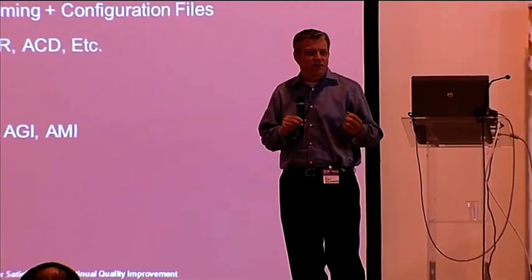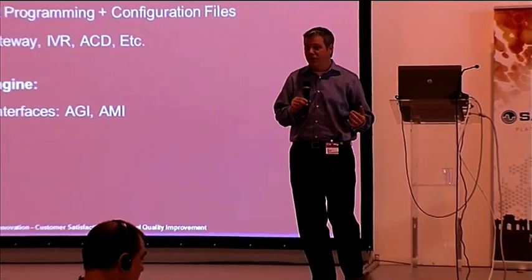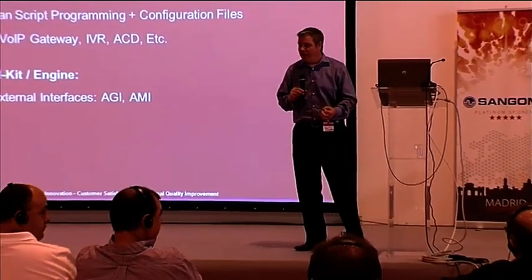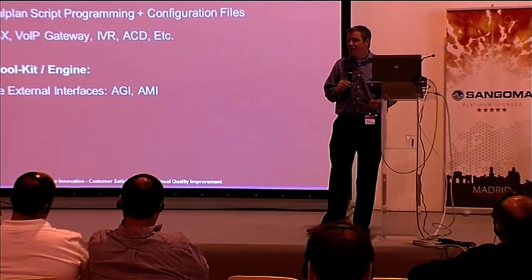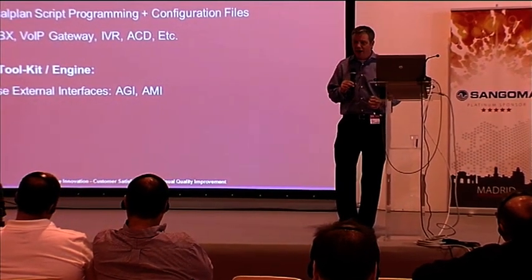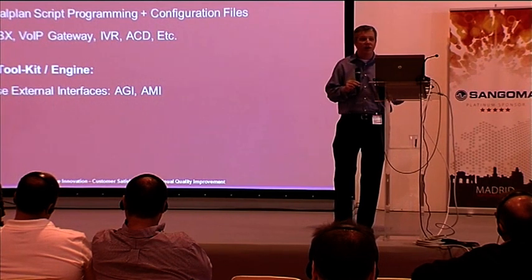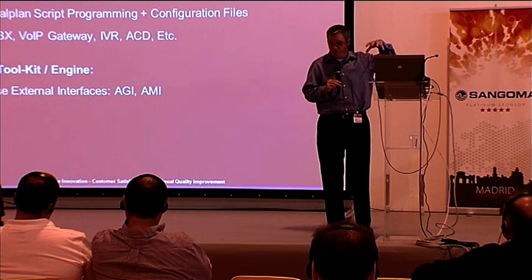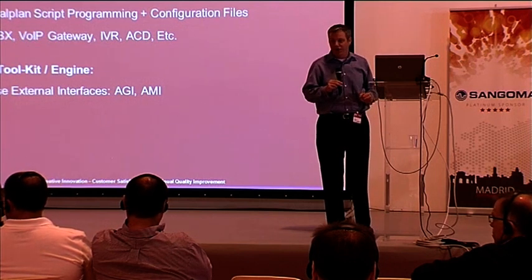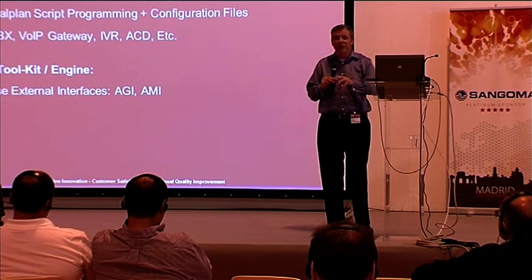A lot of people use it also as a glue toolkit. It becomes the engine, and you program it externally. There are a number of different programming interfaces that come with it. The AGI, or Asterisk Gateway Interface, is one that's frequently used to program it using some primitives that have been included, and you can write to it from just about any programming language. The Asterisk Management Interface, or AMI, frequently just called the manager, is the command and control or third-party interface that has complete visibility from above the overall Asterisk system and is able to manage the activity on any channel running within the system.